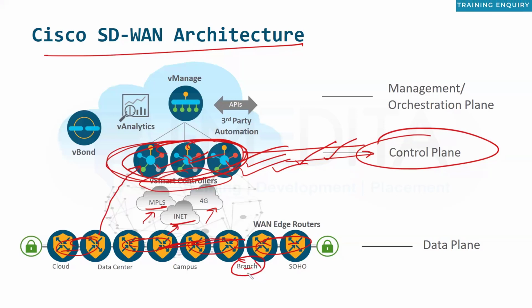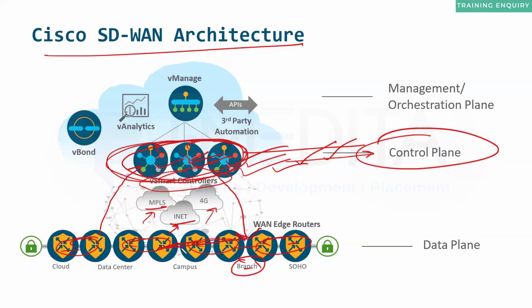And you wanted to provide only some of the routes, like you wanted to perform route filtering for this branch one, you can do that on the vSmart controllers because the control plane is there, right? So this control plane will define the best path, and then the best path information will be given to the branch